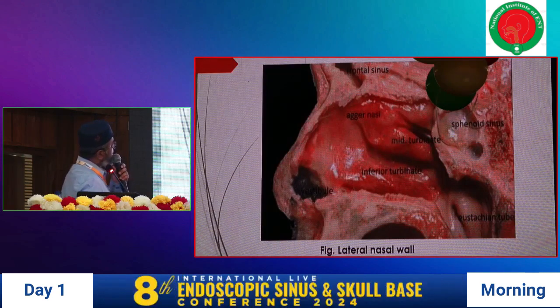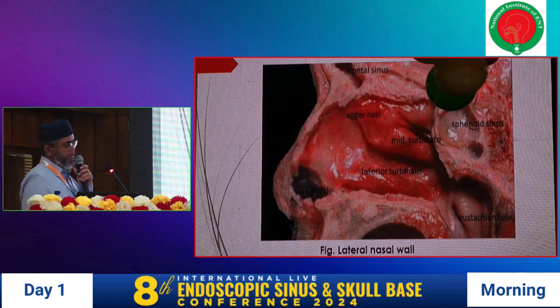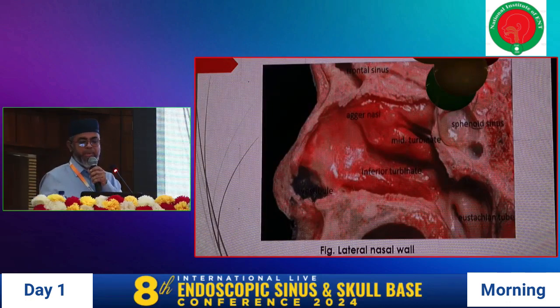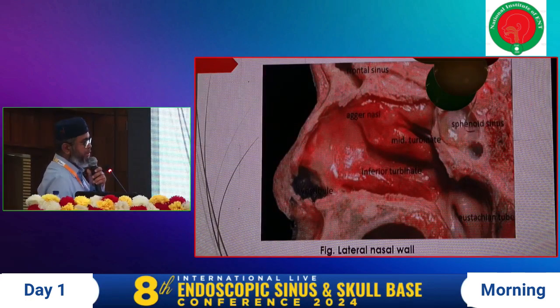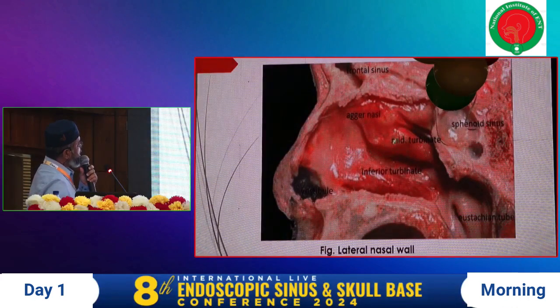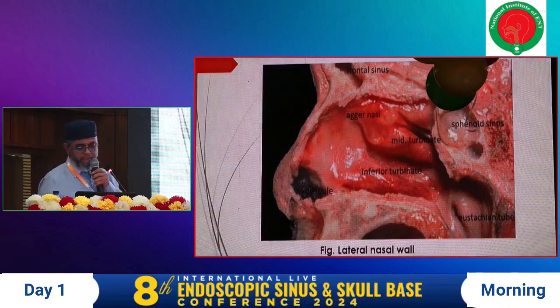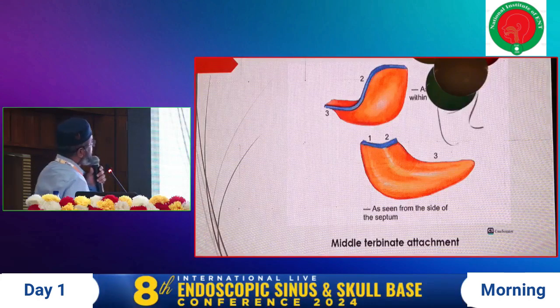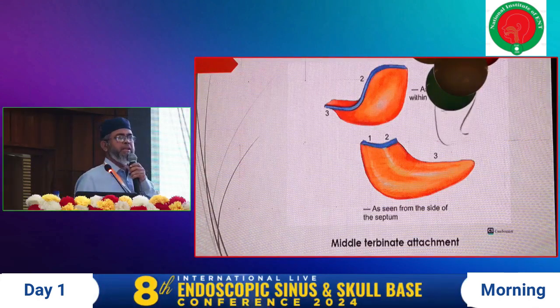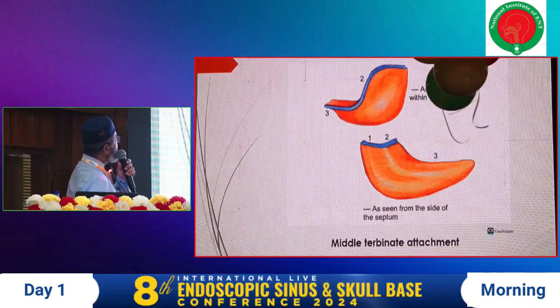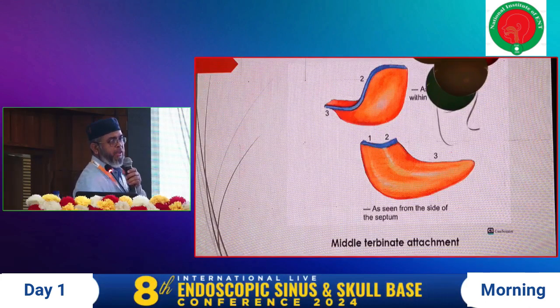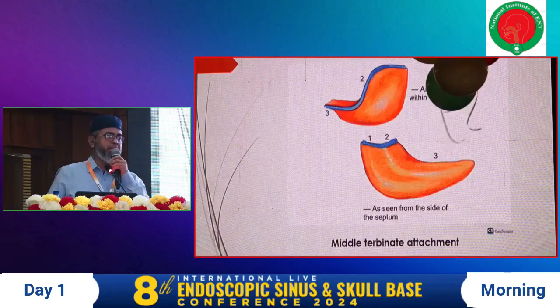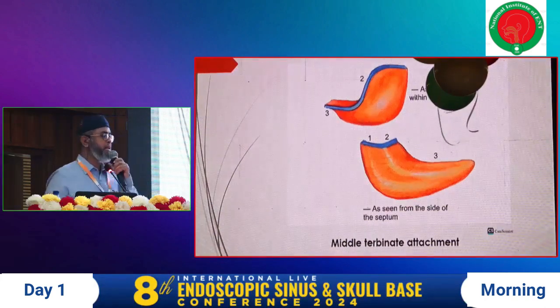There are three scroll-like structures called the inferior, middle, and superior turbinate. In between them is the corresponding meatus. The most important aspect for the endoscopic surgeon is the middle turbinate, and the middle turbinate is attached to different structures in three different planes. The anterior part lies in the sagittal section and is attached to the cribriform plate of